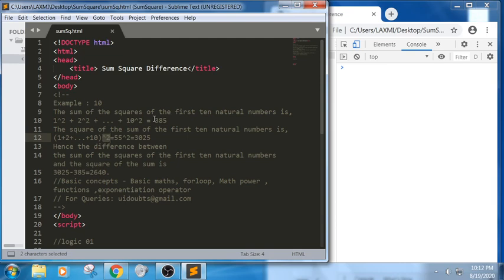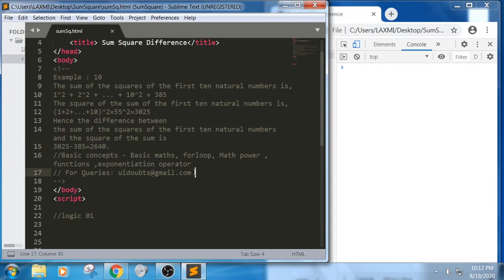This is a question which is most commonly asked in coding challenges and interview questions, also for beginners. So let us elaborate this question first. For example, if the user has entered the number 3, it should perform 1 square plus 2 square plus 3 square and add all the numbers. Next, it should add the individual numbers, 1 plus 2 plus 3, square it, and give some output, and then subtract these two values. So the resultant will be the output. Let us write the same snippet.